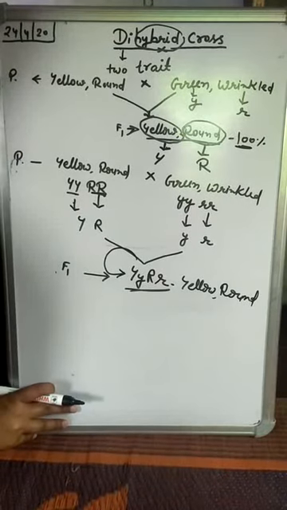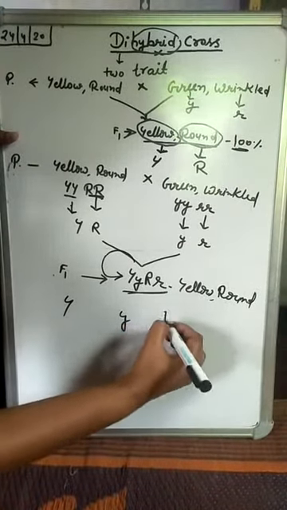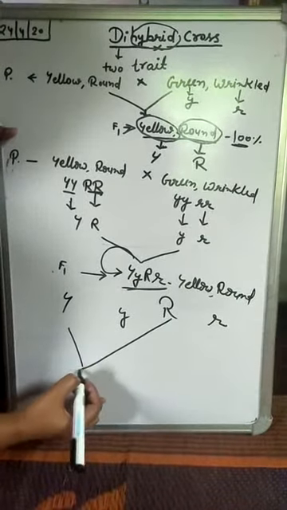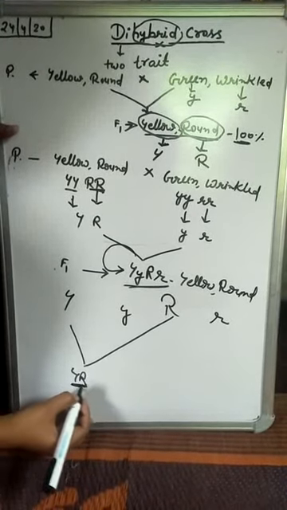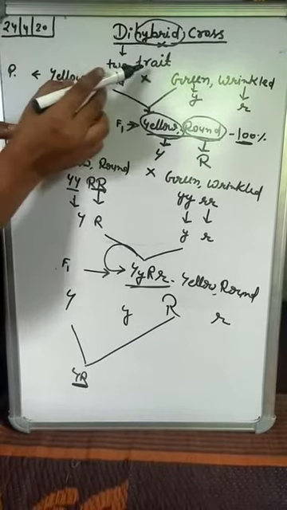First, we have to find out the gametes for the F2 generation. By crossing them, we can come to know what will be the gametes for F2. Remember, here we have taken two alleles because we are talking about a dihybrid cross, meaning two different traits.